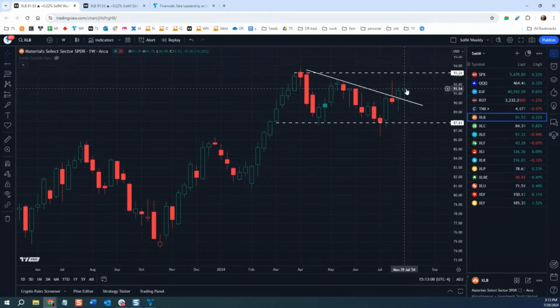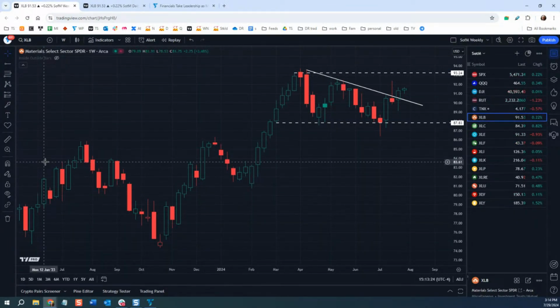There's this level around 91.5. People looking for signals might be looking for something like a close up toward that level and then look for continuation. And it's not there yet. So I want to just point that out.